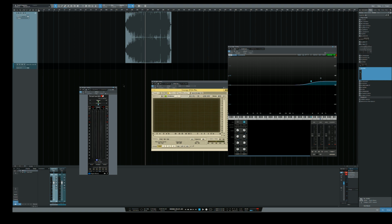Or if you are going to do it, go back in and fix elements in the mix that are breaking up. So if the kick's distorting at that level, pull the kick back a little bit. And then you should be able to get up to your target RMS or LUFS, whatever you're aiming at. But if you're just sticking the limiter on and trying to get up to the level,